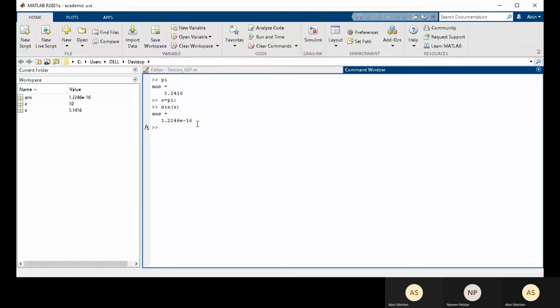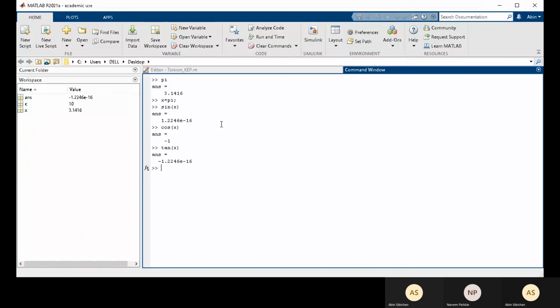Sine of x is essentially 0. It's giving a very precise value, but sine pi is 0, so you can take it as 0. Cos of x will give -1, and tan of x again 0.